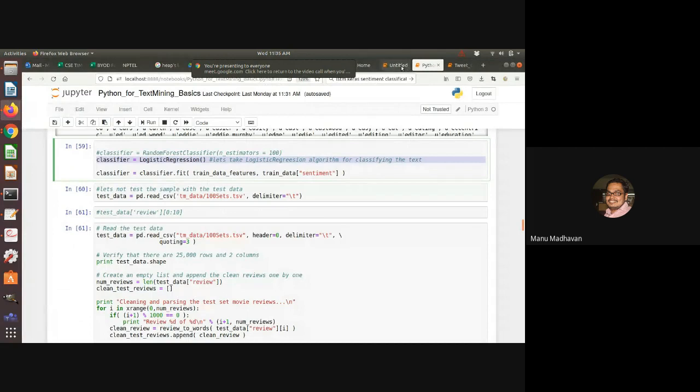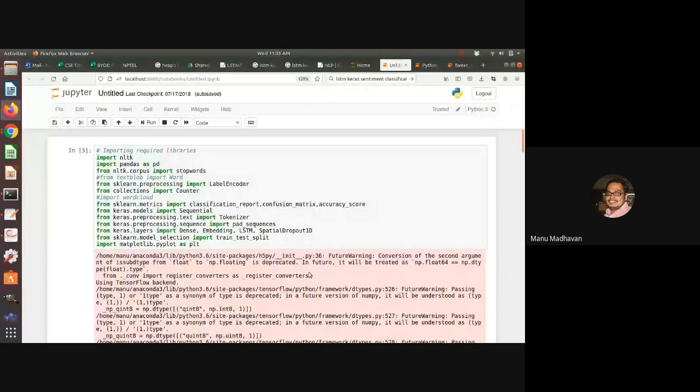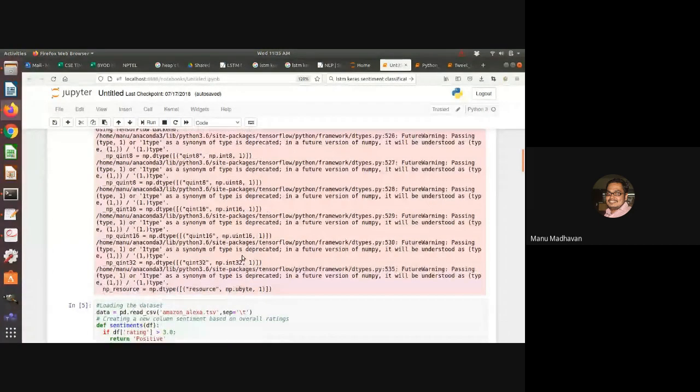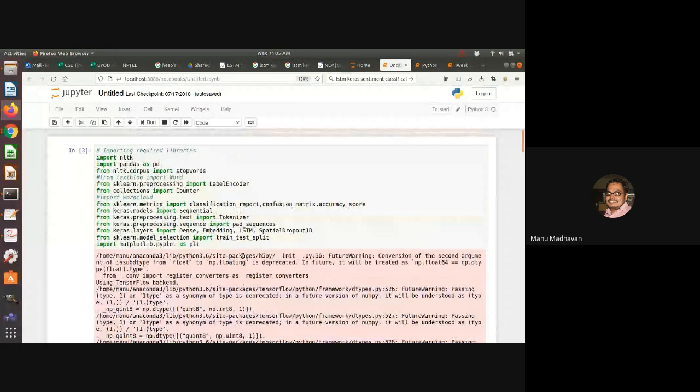Okay, I hope it is clear. Now let's see how we can do the same thing, a text classification, a sentiment analysis kind of thing, using the latest model like LSTM. So here what we are doing is we need to design a neural network LSTM model for doing this